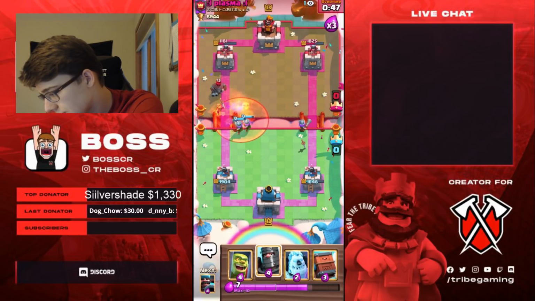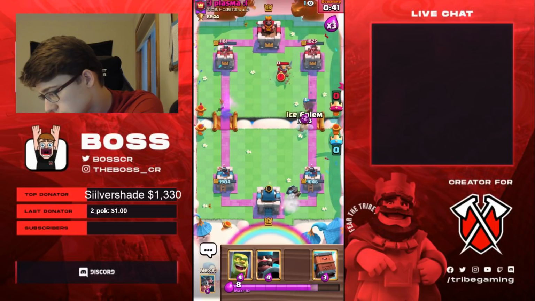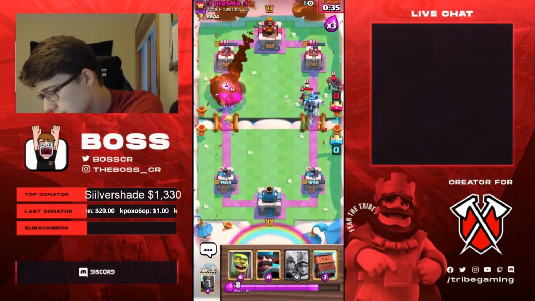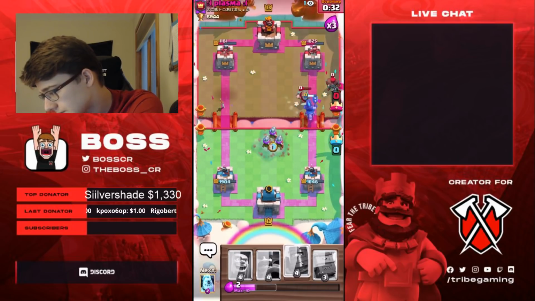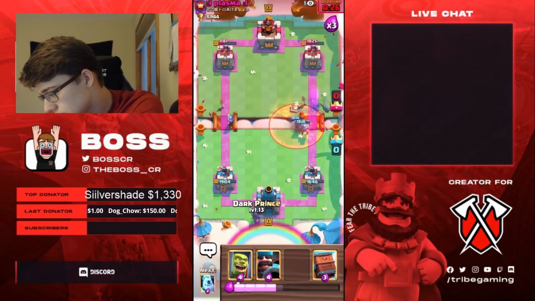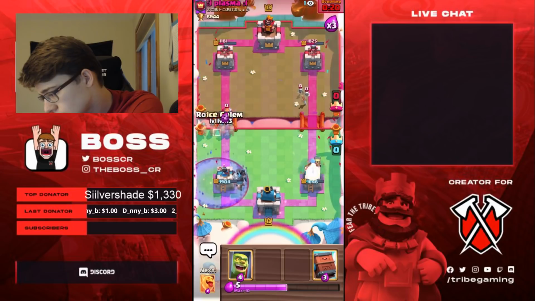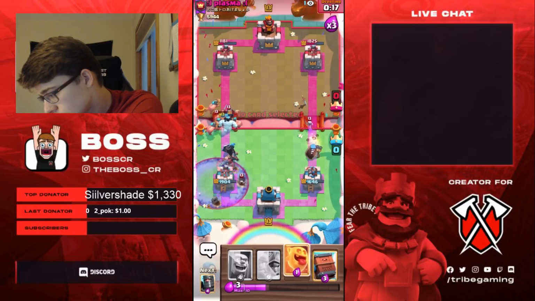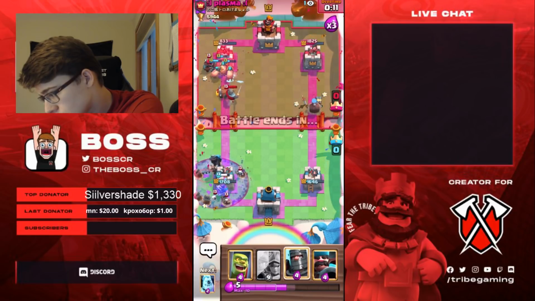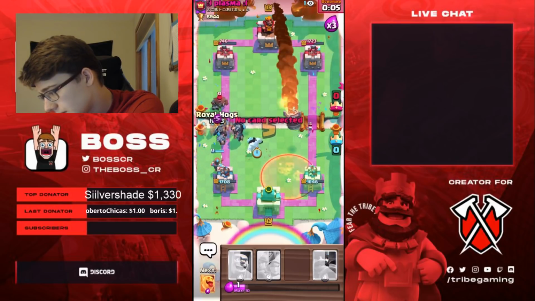I decided to play the 3M high so we didn't poison one of our towers. We'll go for Royal Hogs, a Heal Spirit. Is he going to rocket them? Yeah, he does. We're going to go for high 3M again. So he has Rocket, but I don't think...